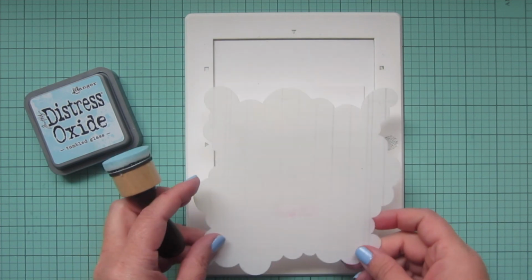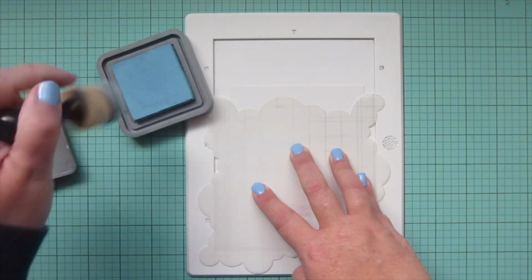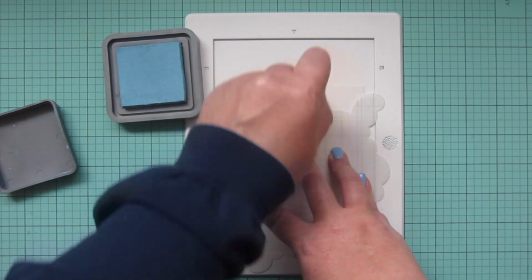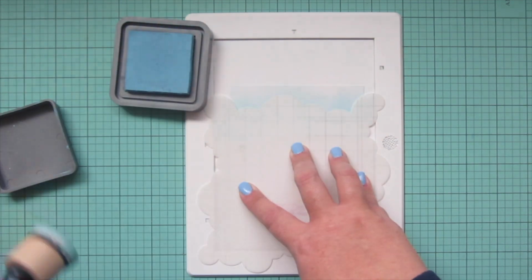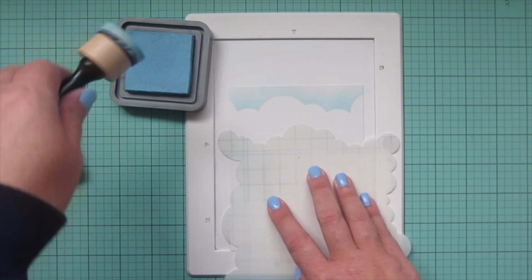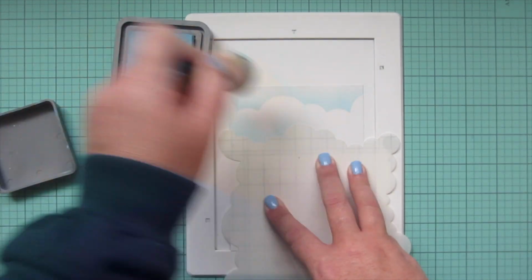For my background, I'm taking the Lawn Fawn Cloudy stencil and some tumbled glass Distress Oxide ink, and I'm going to blend that onto a panel of Bristol Smooth Surface cardstock. So I'm pressing down a little bit harder on the edge of the stencil with my ink blending tool, so that I get a higher concentration of color right on the edge, and then kind of letting it get soft